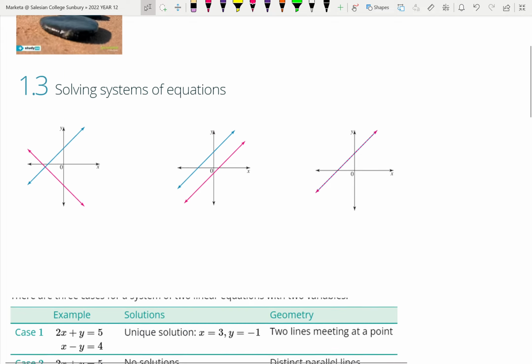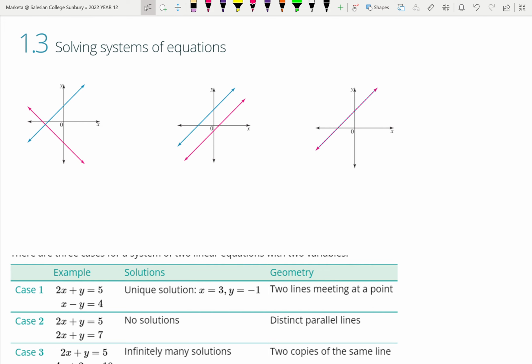So here we have a picture showing three different situations for simultaneous equations. What we want to understand is the conditions where we have one solution. So this is one solution here, and you can see that the pink line and the blue line are intersecting just once. What will always happen here, let's say we've got our equation y equals mx plus c, which is of course an equation of a straight line, is that the gradient has to be different